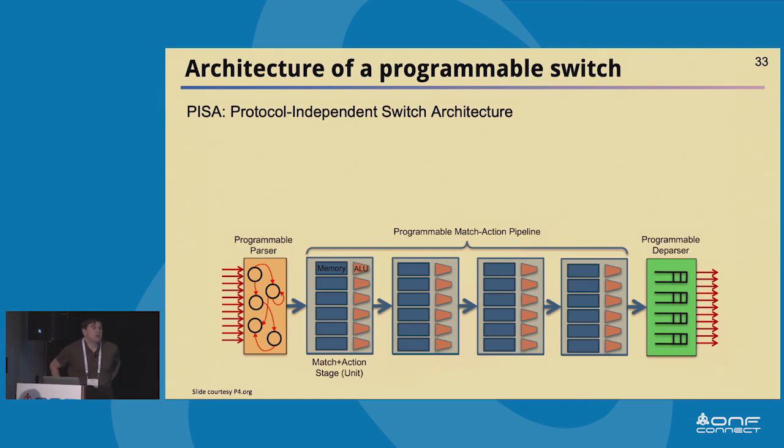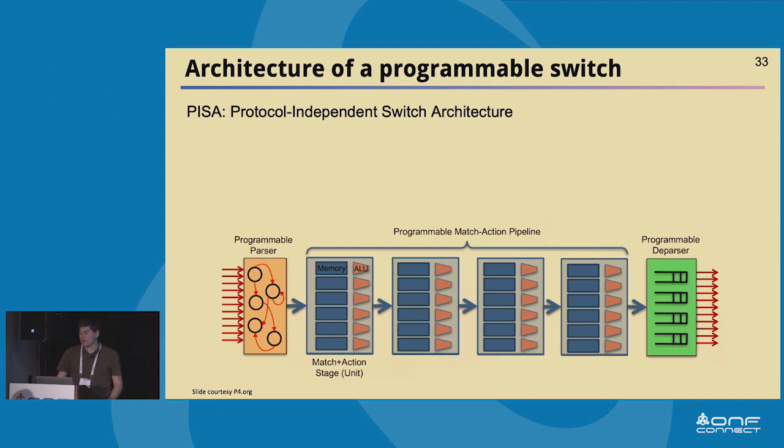To help you think about a programming language and the function of a compiler, it's useful to think of an abstract machine model that we can program using such a language. In the case of P4, the reference machine model is called PISA. This is a model of a programmable switch, and PISA stands for Protocol-Independent Switch Architecture. This model comprises